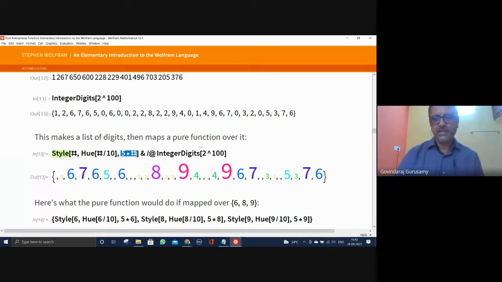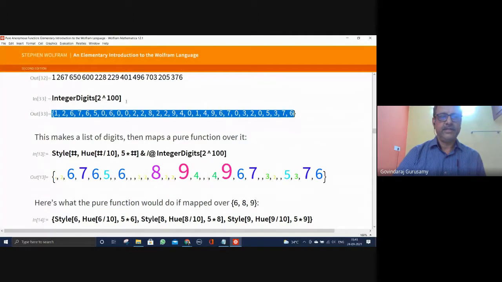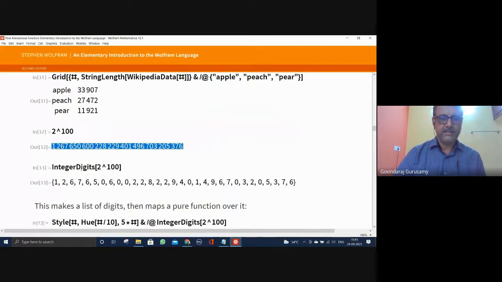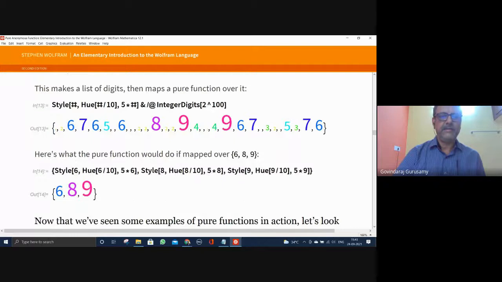This is the pure function with the style operating on 3 different things at a time till it completes all the integer digits. This is the number. It has been converted to digit form. It has been written by applying this.